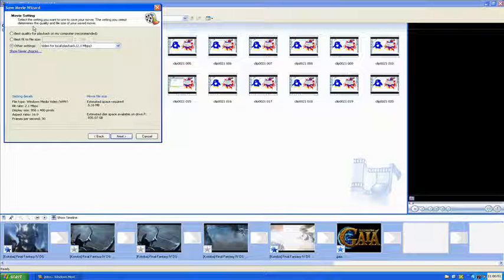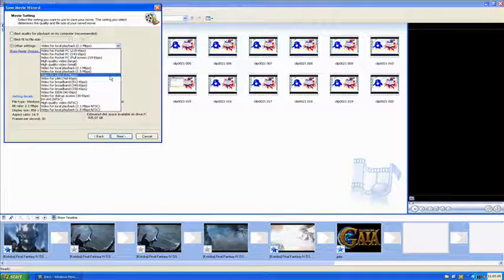This is a pretty important part, movie settings. When I first started, I just kept it on best quality for my computer. But then one day I was like, ooh, what's this more choices thing? And I looked down at other settings, and there are all these different options. And honestly, I don't know what half of these things are, like the difference they make. But I was talking to Chrono Gear on Steam one day, and he said that